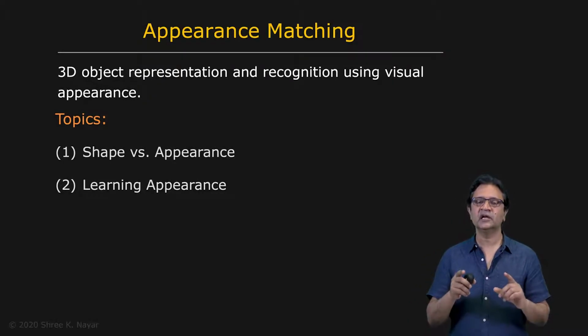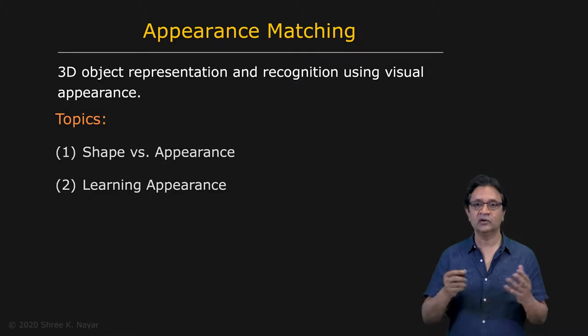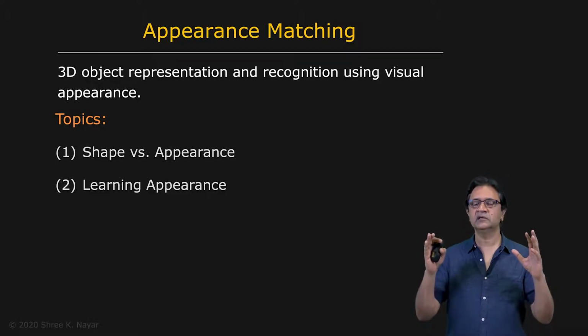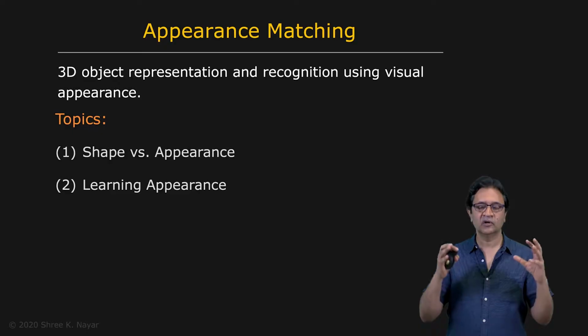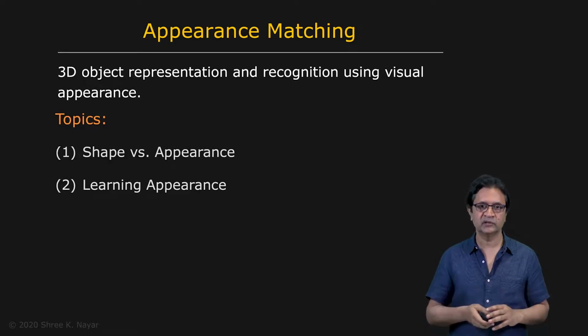And one of the key challenges with the object image set is that it is, generally speaking, enormous in size. Each image is fairly large, and you have many images even for a single object. So a key challenge with appearance matching is taking this data that resides in high-dimensional space and somehow compressing it down, compactly representing it in a much lower dimensional space. That approach is referred to as dimensionality reduction.